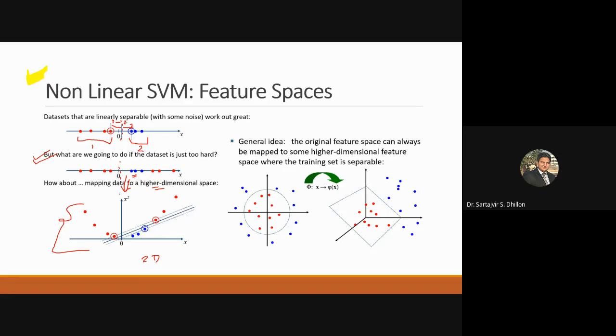According to this concept, we have to remember that we can easily convert one dimensional data into two dimensional, or we can apply the support vector machine by mapping the data into a higher dimensional space. There is another case where they have considered a two-dimensional graph, and you can put a circle around it. So yes, you can do it, but